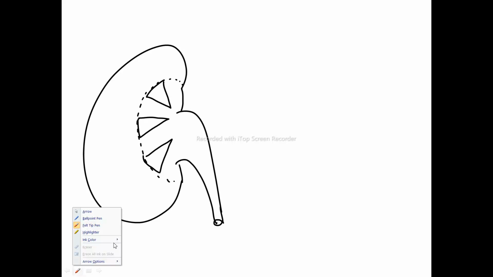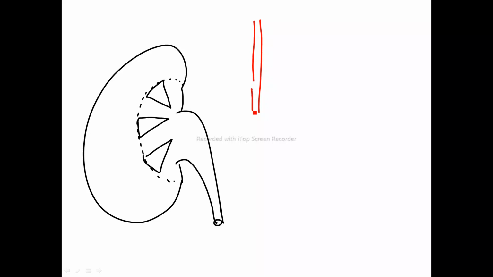Next we shall check out the arterial supply. Okay, so arterial supply means obviously pure blood. It is being received via the aorta. Okay, so I'll be making the aorta over here. Okay, this is our aorta. So this is blood vessel number 1. I'll be writing over here. Even you can write or note down in your books.